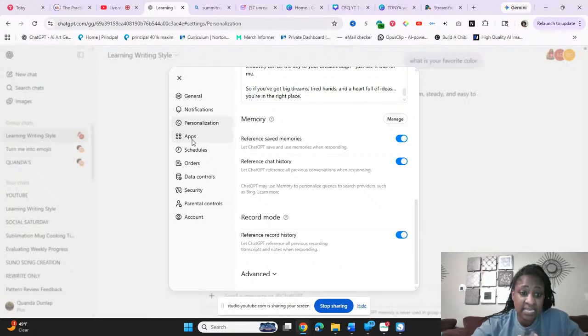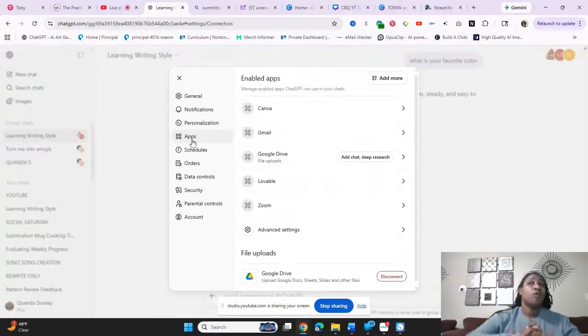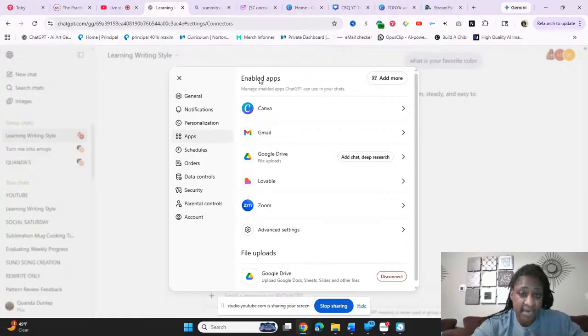The next thing is apps. So let's click on apps and let's see what it showed. Though I don't think apps work that well, not for me anyway. So these are the apps that I have connected. I have Canva, my email, which is my Gmail, my Google Drive, so that it can look at my calendar, Google Calendar. I have Lovable, which I don't even use. I don't even know if I'm paying for it, and I might be. I don't know yet. I have Zoom,